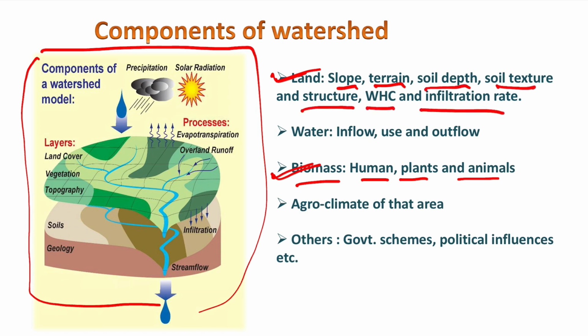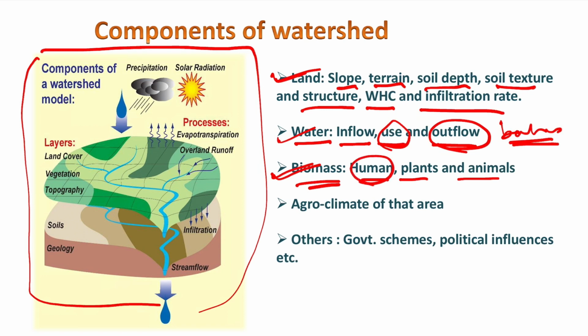water holding capacity, infiltration rate. These are also affecting that watershed, right? Then water is a major component: water inflow, use and outflow. How much water we are collecting, how much rainfall in that watershed. Then use: what is our water use basis? Then outflow: how much water is flowing out from there, that is a balance we can get. Then biomass: human habitation is in the watershed, there are many plants, and many animals